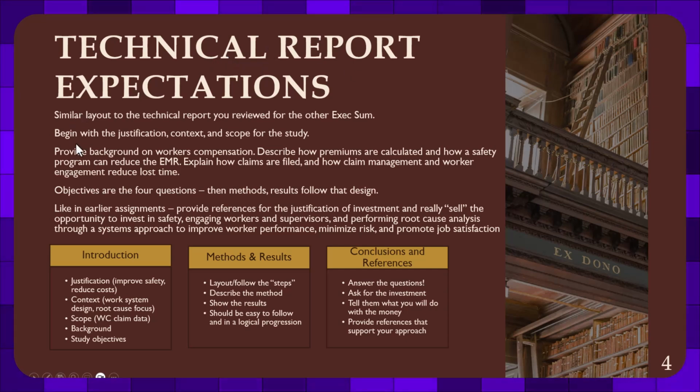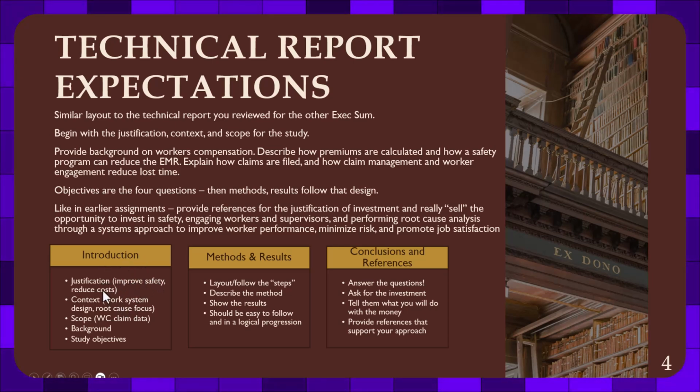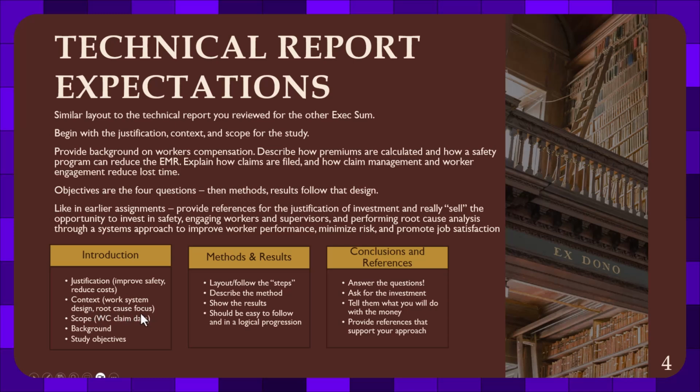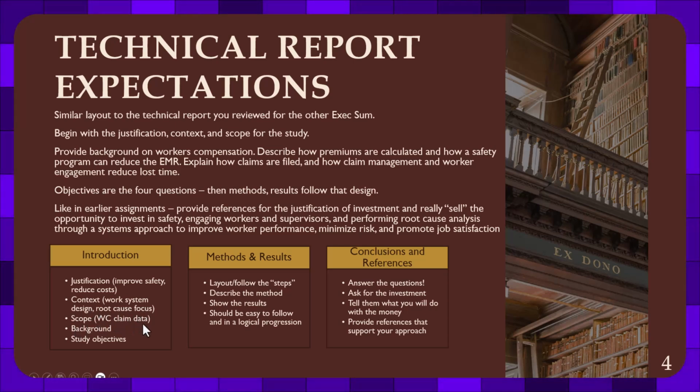Okay, so the technical report expectation. This is for the grad students only. Similar layout to the technical report of the other executive summary. Begin with justification, context, and scope for the study, and I provide you with some insights here. So the introduction, justification: to improve safety, reduce costs. Context: work system design, root cause analysis. The scope is using work comp data as a way to tease out or narrow to where investment and attention